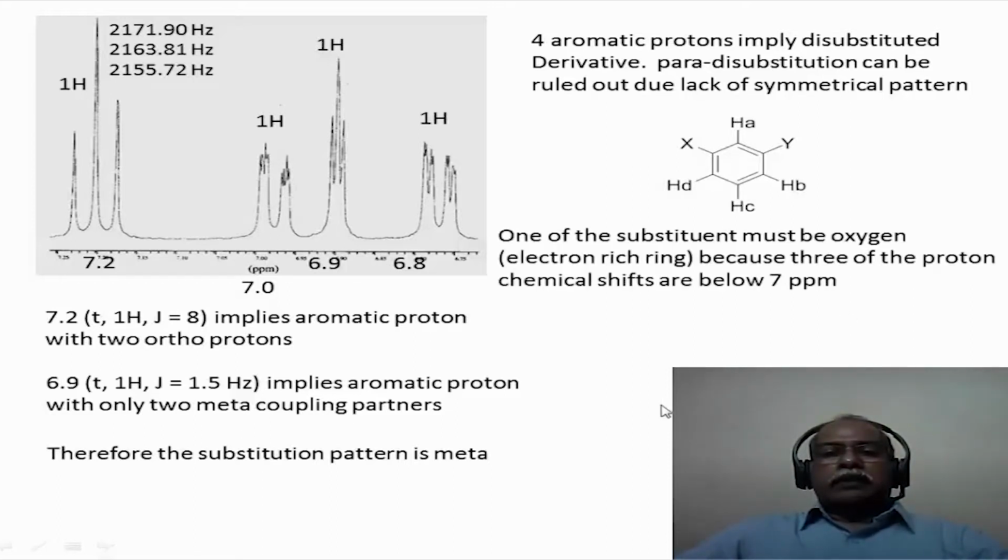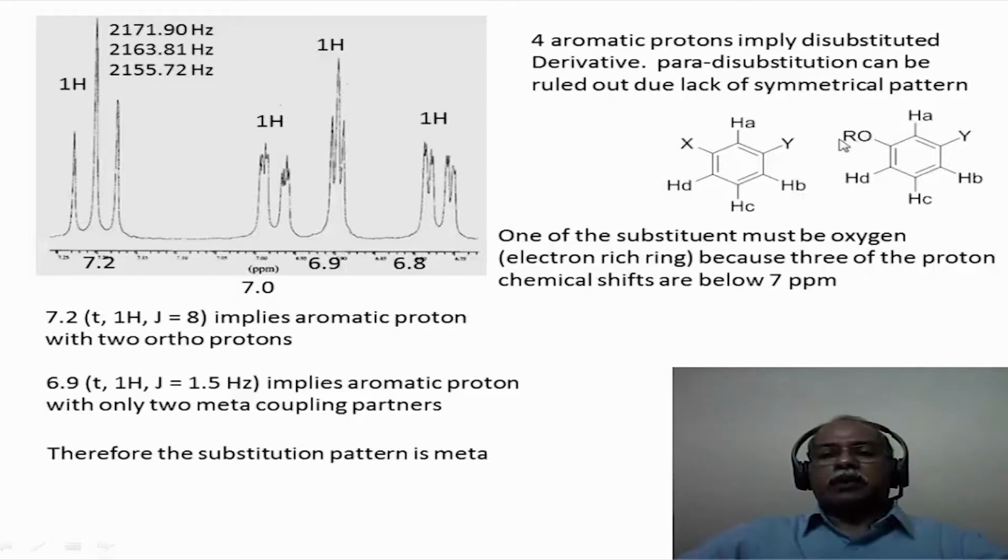So one other information that we can get from the chemical shift value is that if you have any signal below 7 ppm, that would only indicate that there is a strong electron donating group making the aromatic ring an electron rich ring, which would essentially shield the hydrogen. So if you look at this particular hydrogen, this is coming below 6.8, that would indicate that this is directly attached to an oxygen kind of a heteroatom, which makes the ring an electron rich ring. So one can come to the conclusion that one of the X group in the substituent is the OR group.